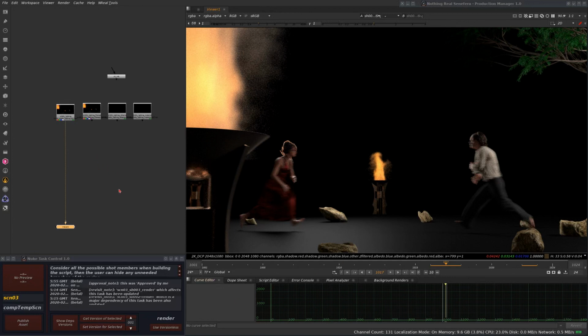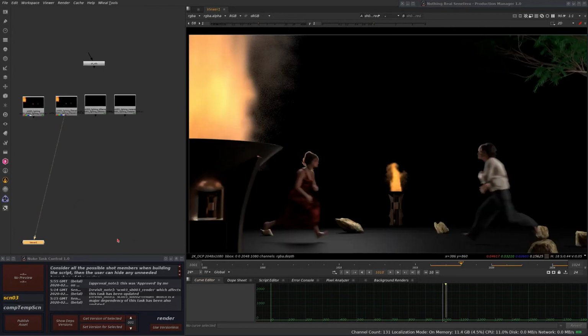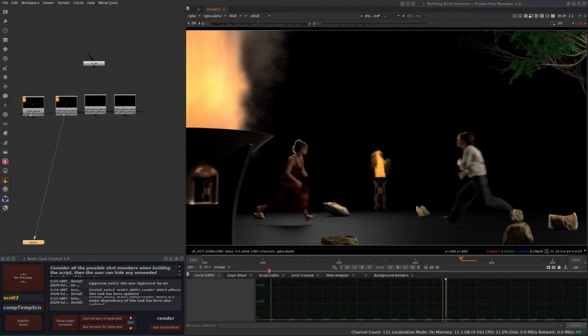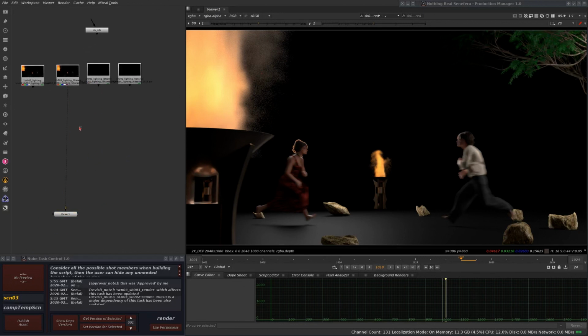And once we finish that, then we can publish this as a template for all the shots. Anyway, there is nothing special here other than what we explained in the previous shot composite, but all we just want to do now is to maybe create